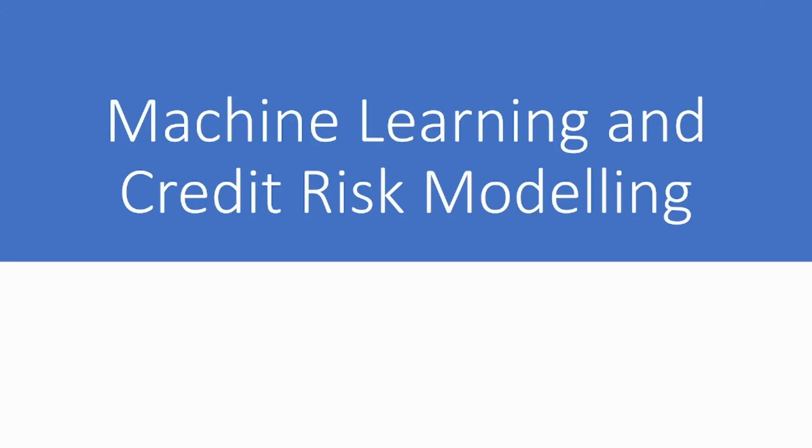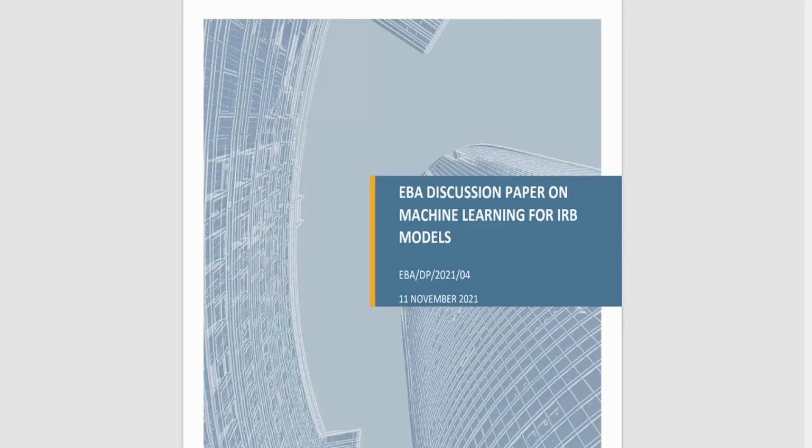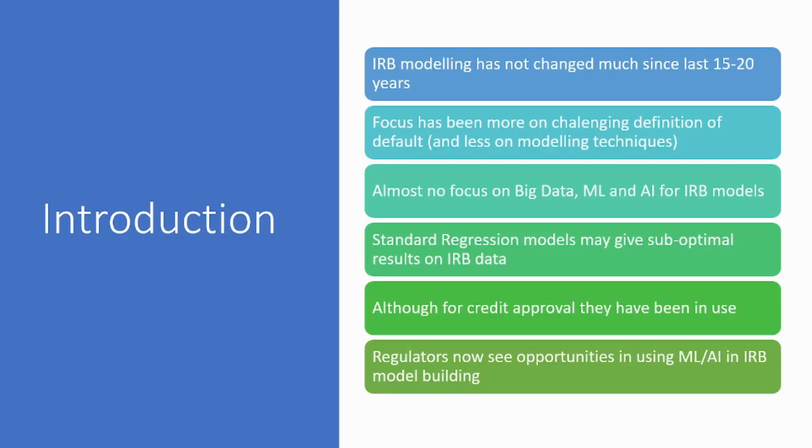In this video, I'm going to be talking about how machine learning can be used in credit risk model development. I'm going to be discussing an EBA paper on machine learning for IRB models. It's a pretty recent paper. The paper starts with a bit of an introduction about the current landscape for credit risk model building for